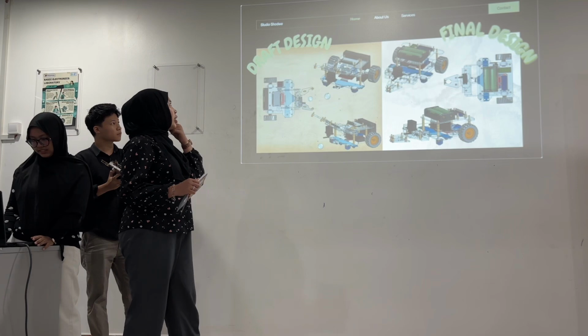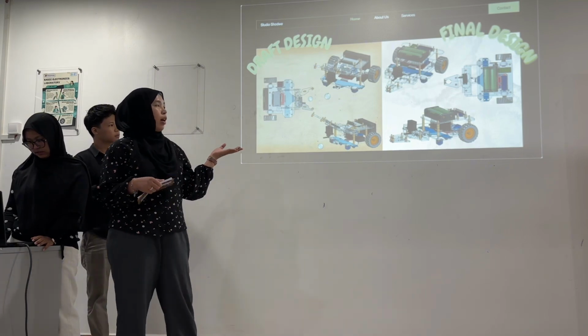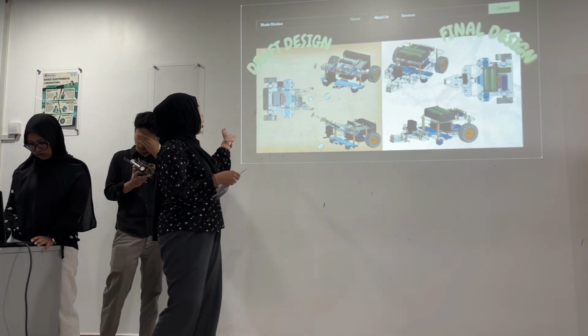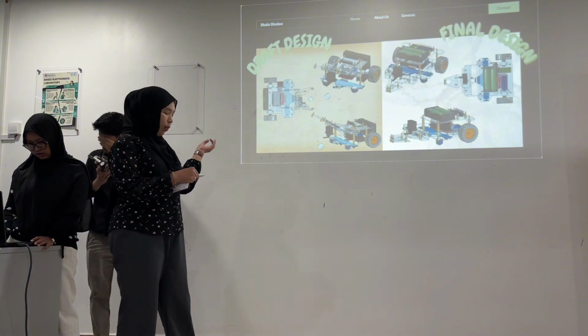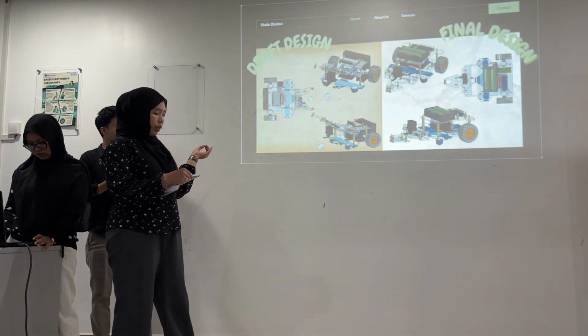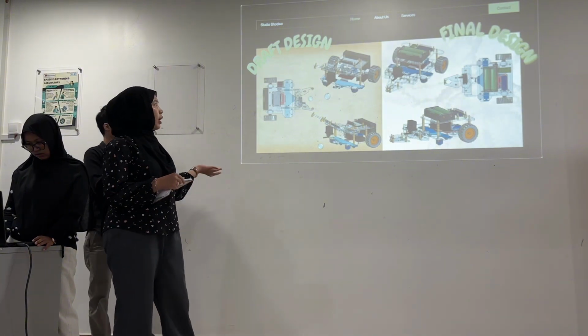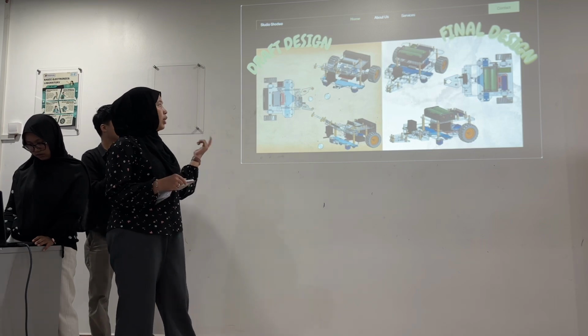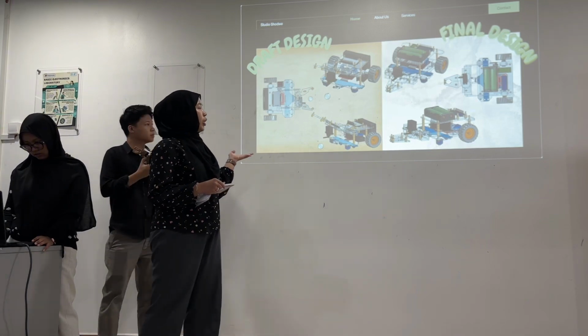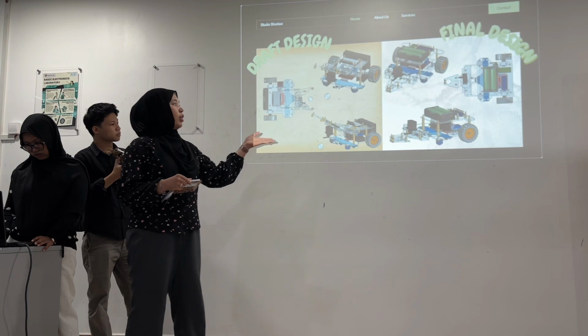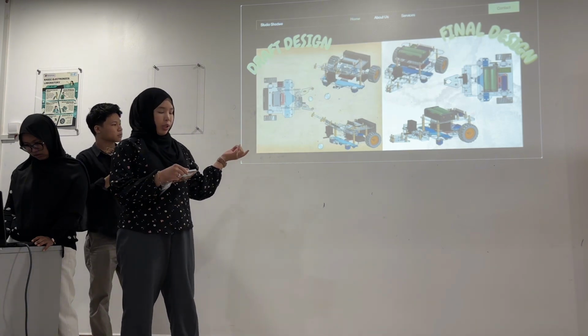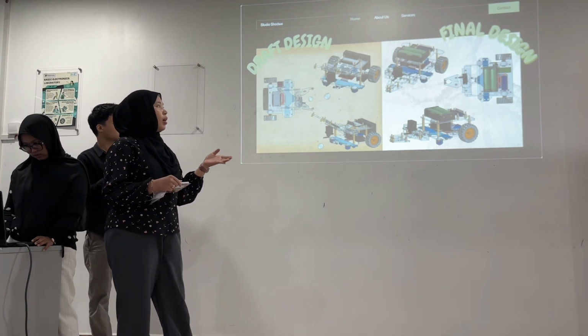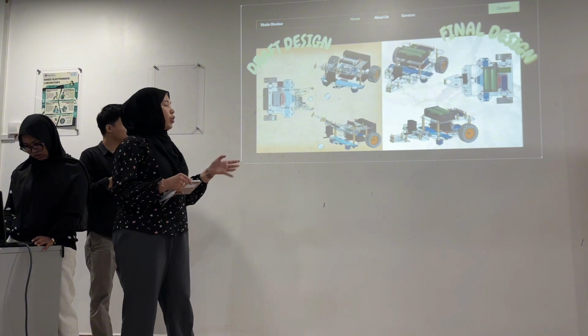This is the draft design and our final design. In the draft design, we made some changes to the gripper, base 1, base 2, and component position. In the final design, we think the robot runs well and the component positions are okay.